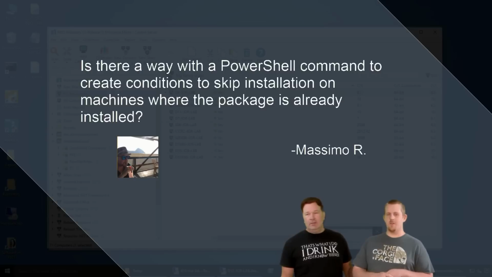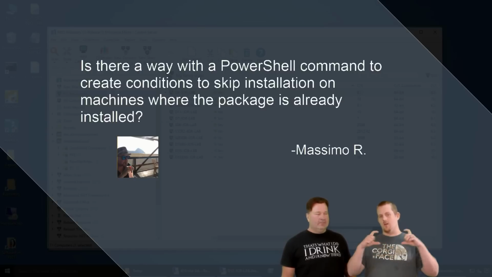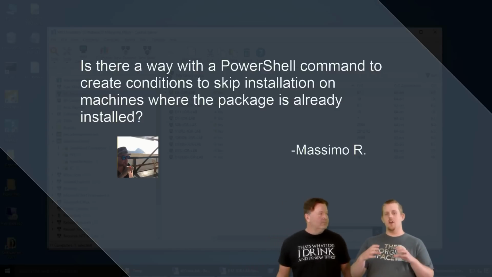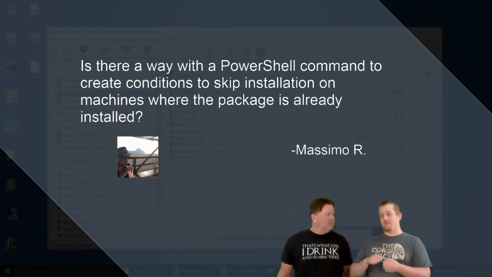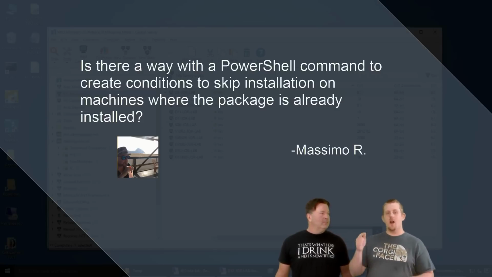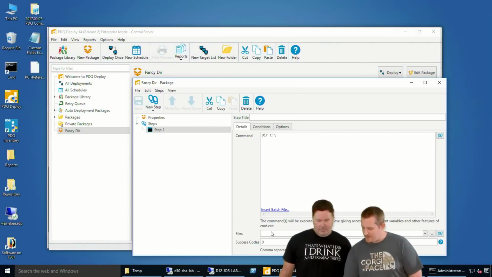The easiest way to do that, and I'm not going to go into super details here for lack of time, is whatever you qualify to check for, if you're checking the registry for the uninstall string for that application or querying WMI for that application, you get a result based off that. If it's found, you just exit that script with a predefined value you determine, say exit 123. On your step, I'll show you for a package. If we had a package here, you could then define a success code. If we did a PowerShell step,